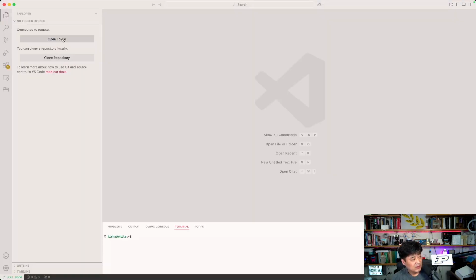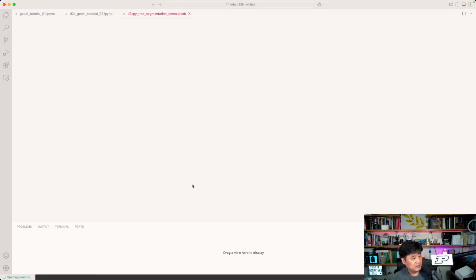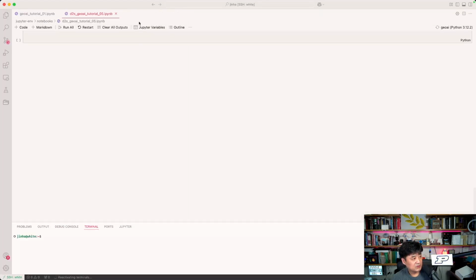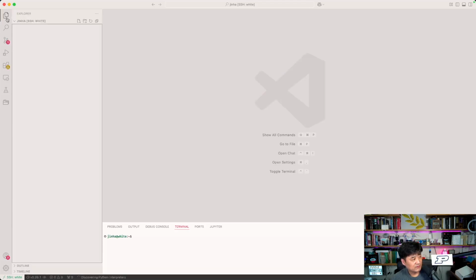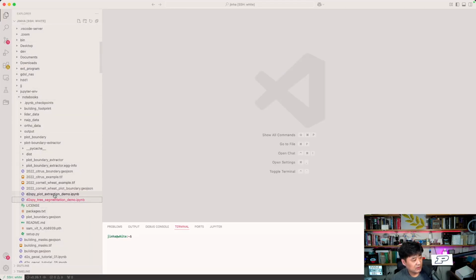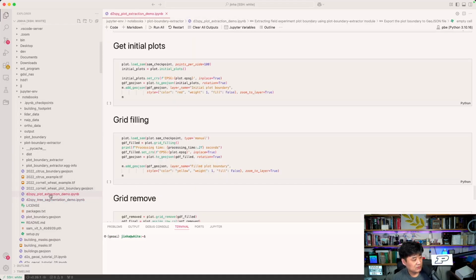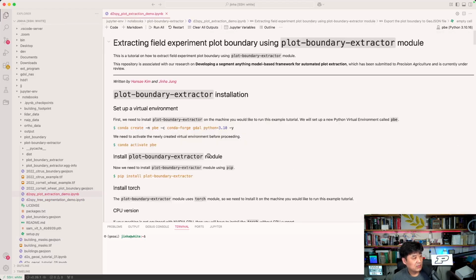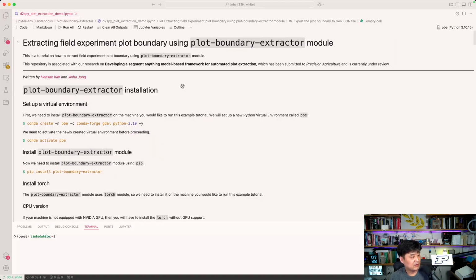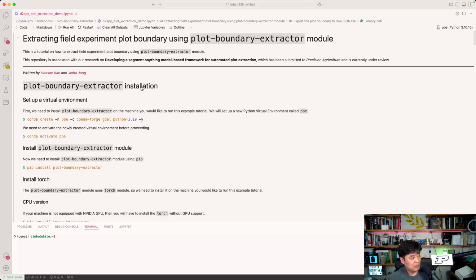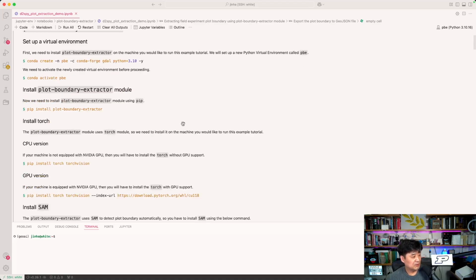So open this up. And let me just close all the other files that are not needed. But if you come back here to plot boundary extractor and open up this d2spy plot extraction demo Jupyter notebook file, this is what it is going to look like. Let me just close this file out. And this top part is essentially the same information as the README, the markdown file that we looked at earlier. It has information about how to install